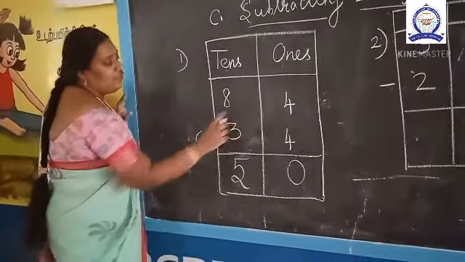Similarly, see the second question. Ones, tens. So O denotes ones, T denotes tens. Okay. So ones can be shortly denoted by capital O, tens by capital T. So in the ones column we are going to subtract. 5 minus 2. 5 minus 2. Okay. We subtract 2 from 5. So this is 5, isn't it? 5 fingers, 1 2 3 4 5. So minus 2. 1 2. Remaining fingers, how many? 3. So your answer is 3.